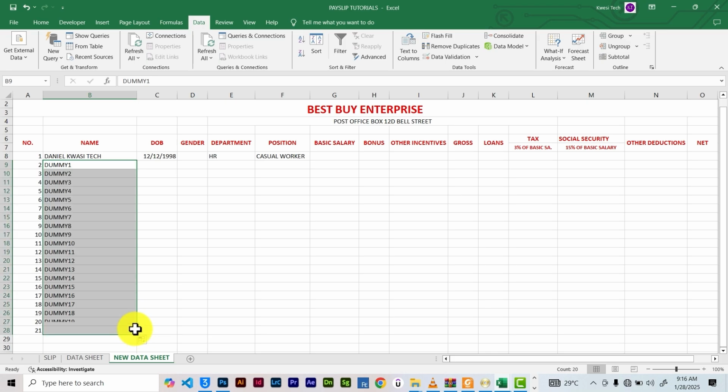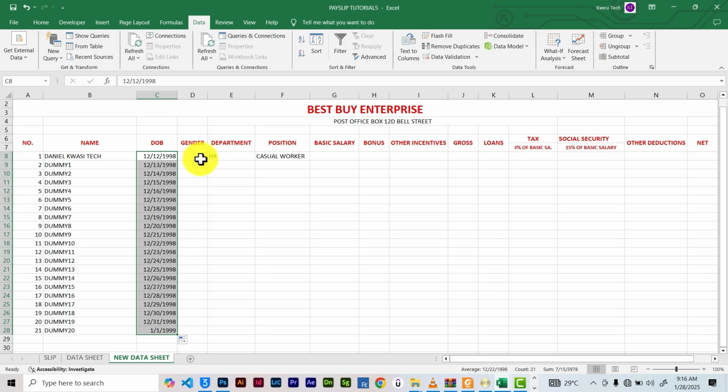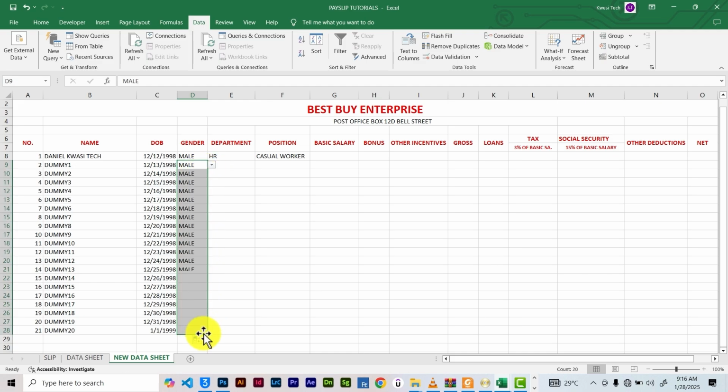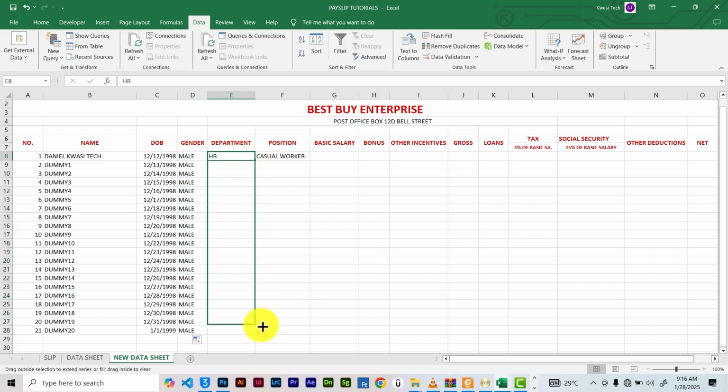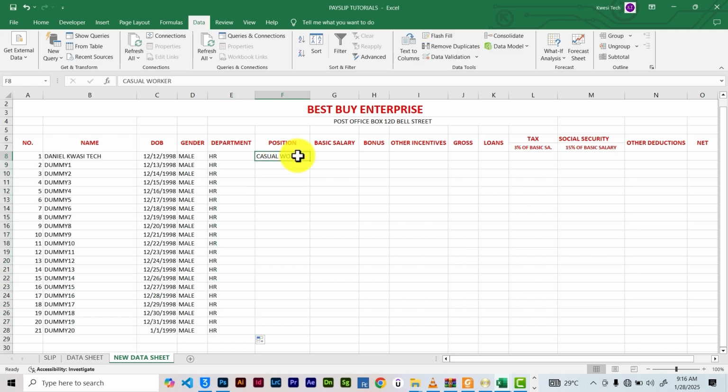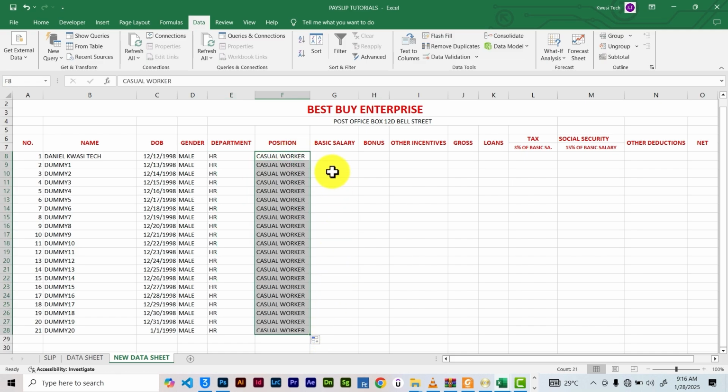So let's just fill the dummy data down so that we can complete it. Let's just complete the entire table. So for gender, let's just select something and drag it down. No, sorry, let's go back. Let's drag it down again. Very good. Let's just drag the HR down as well. And casual worker, let's just drag it down. We just want to speed up the process. So for basic salary,